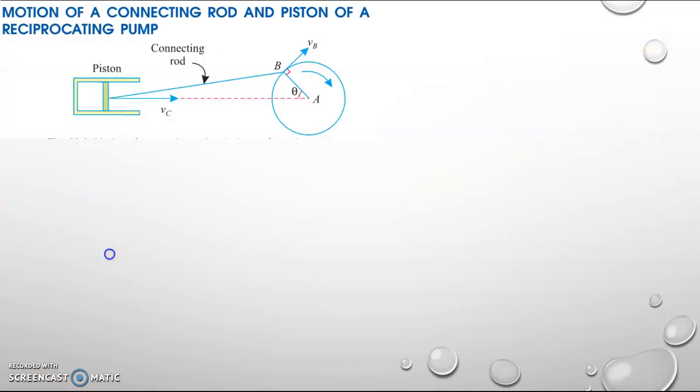So here is our reciprocating engine or reciprocating pump mechanism. Here you can see a piston, a connecting rod and a crank. We will give power to the crank, and the crank will rotate in a clockwise direction. One end of the connecting rod is connected to the crank, and the other end is connected to the piston. As the crank rotates, the connecting rod will experience a combined motion of rotation and translation. The piston will be moving in a linear direction.